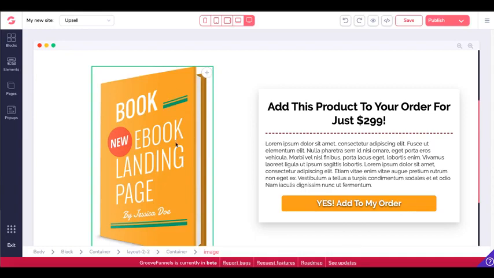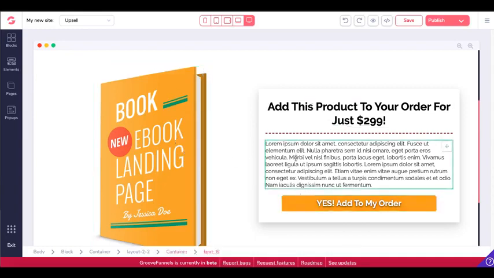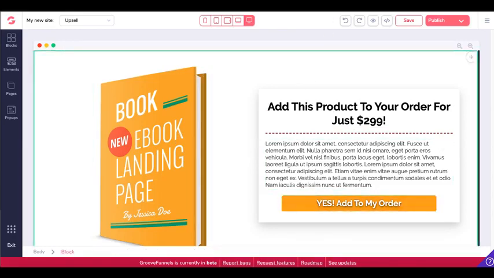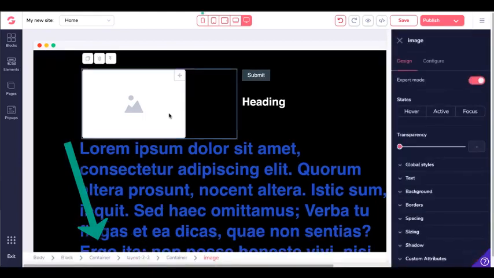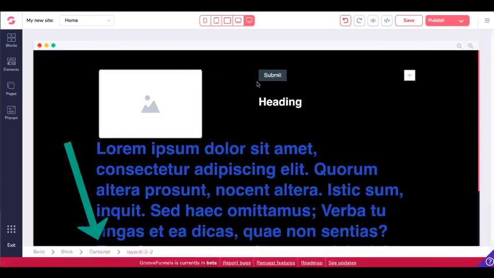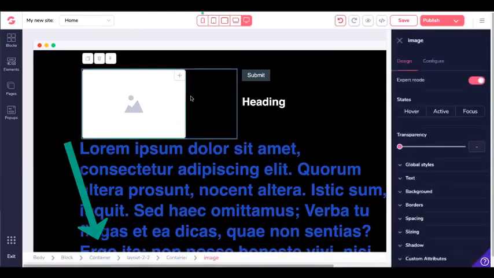So you have 2 columns, a column with an image, a column with some text, a divider bar, a paragraph here, and a button. So again, we go back to where we were working in our blank canvas, and what we built out is we have our image, and then again go down and look at the breadcrumb trail. When you click on image,